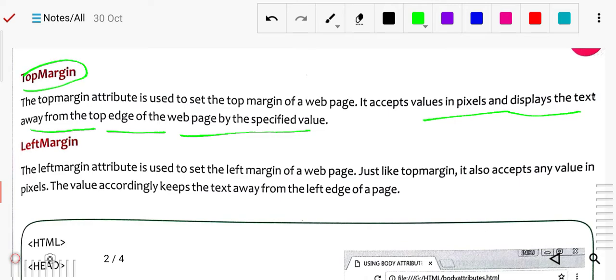So top margin means what margin we take from the top, and then the left margin from the left side. The left margin attribute is used to set the left margin of the web page. Just like top margin, it also accepts a value in pixels. Just see the example.